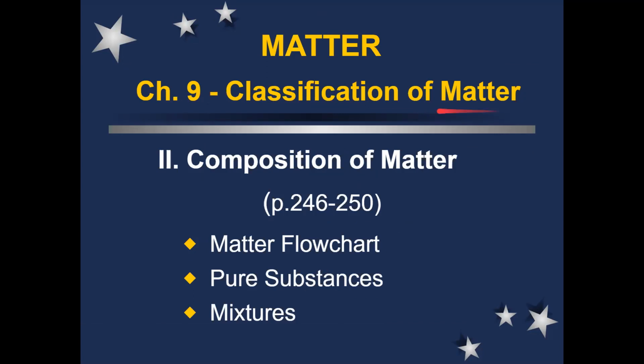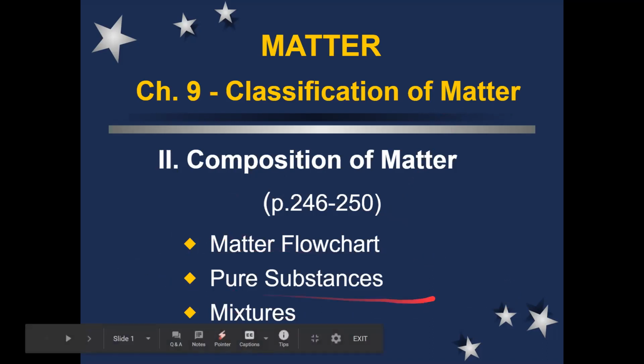So if you remember, matter is just our fancy science word for stuff. Everything in the universe is matter. And so today we're going to talk about how we can group these different collections of substances and particles into different categories, into different groups. So I'm going to give you sort of a broad overview of everything in this one big flow chart. And then we'll go through what are pure substances. We'll talk about what are mixtures. And then at the very end, we'll circle back to this flow chart where hopefully things make a little more sense than they did the first time that we went through.